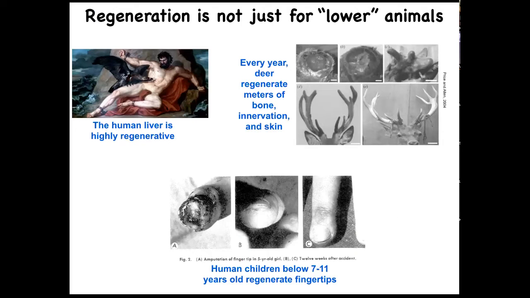Salamanders aren't the only ones to do this. Humans regenerate their livers. Human children regenerate their fingertips. And deer, large adult mammal, regenerates its antlers every year. So up to 1.5 centimeters of new bone per day, including vasculature, innervation, blood vessels, and so on, up to a very large structure. And they can do this. So we can talk later about why it is that humans seem to have less capacity than some amphibians. But